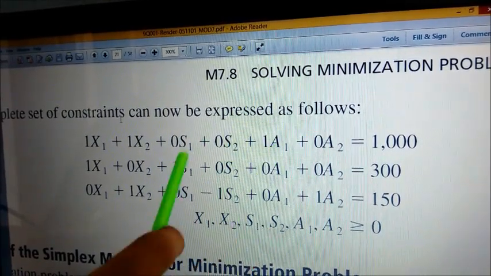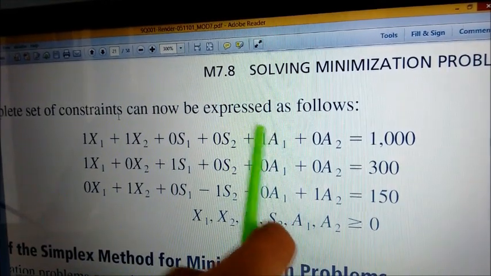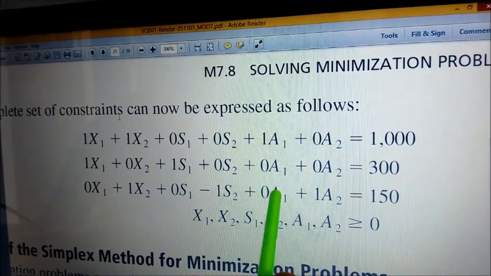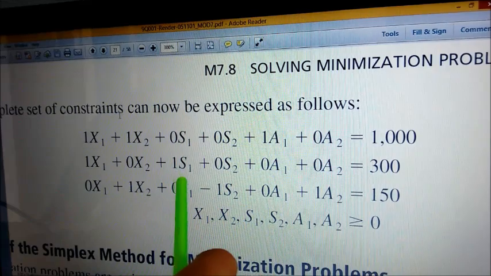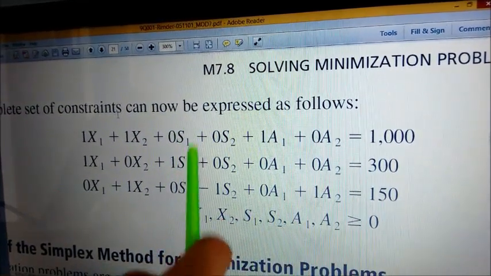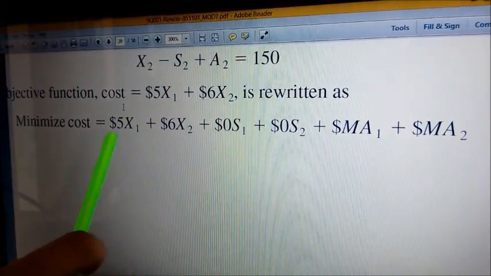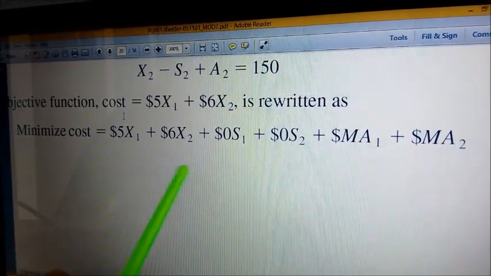So in the case of a1, the coefficients are 1 in the first equation and then 0, 0. Similarly with a2, 1 0 0, and s1 0 1 0. So these three form an identity matrix in this case. Okay. So friends, our objective function was 5x1 plus 6x2 only, but because we've taken other variables also, we'll have to add those variables